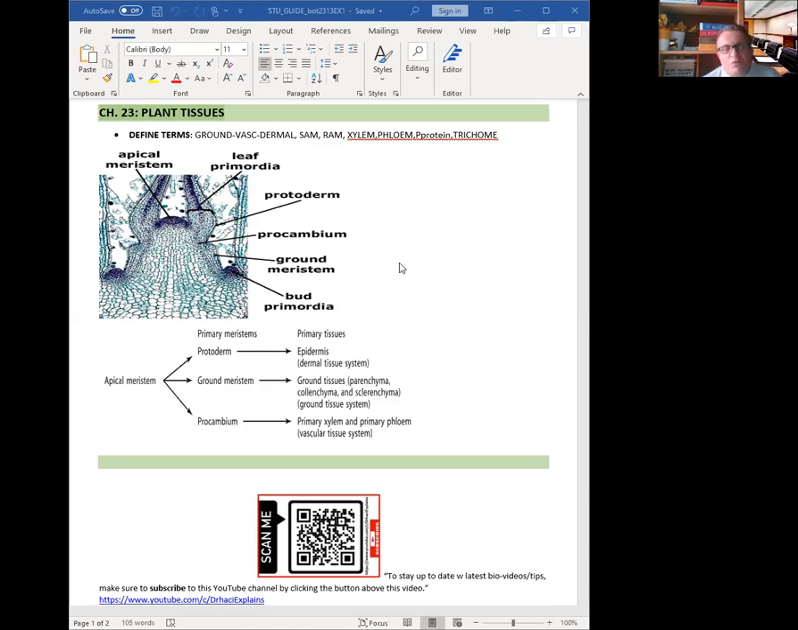And then what becomes protoderm, right? Epidermis, ground meristem becomes cortex, procambium becomes primary xylem, primary phloem. That table, very, very important. There is shoot apical meristem, root apical meristem, but there are also these lateral meristems, and there are tissue types